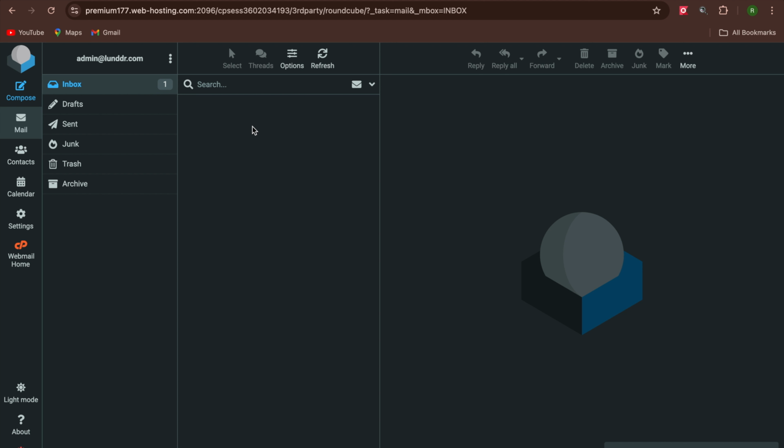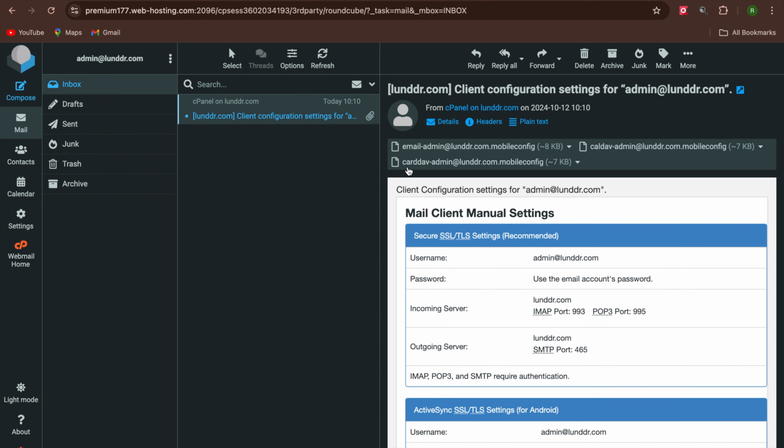Every time I want to access this email, I want to do it from my Gmail. And every time I get an email sent to me, I want to be able to open it up from my Gmail account. So to do that, I'm going to connect this email using the configuration being sent to me